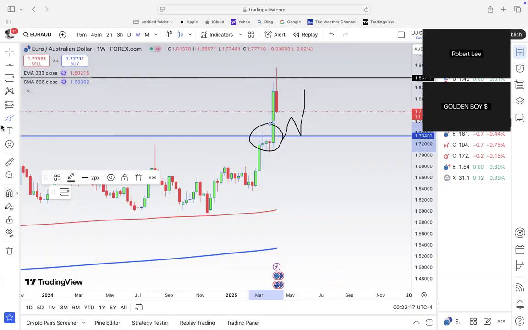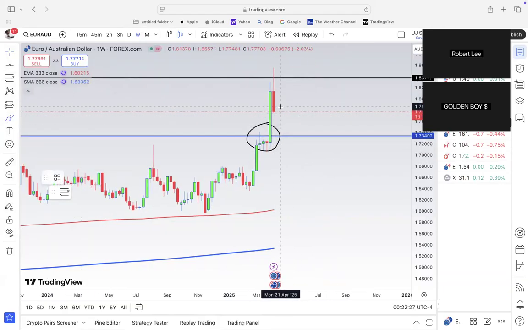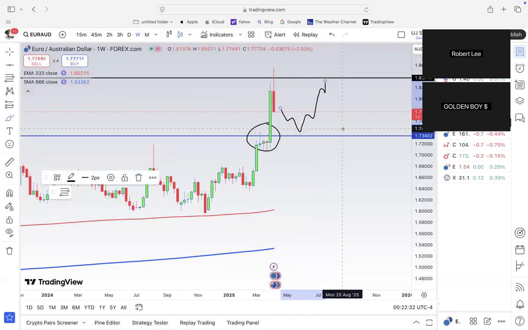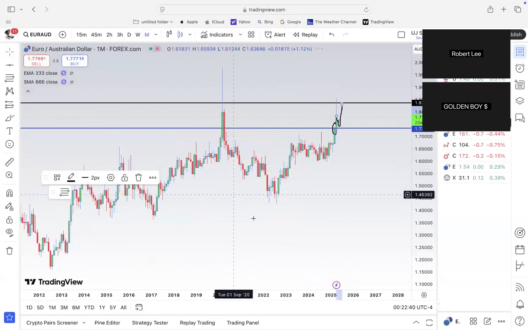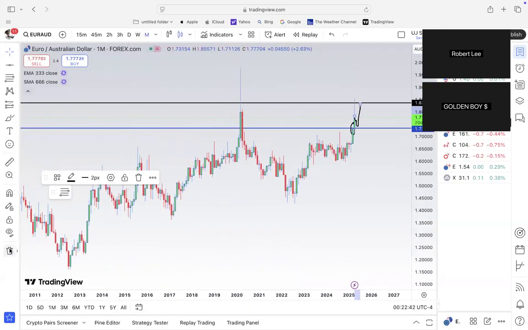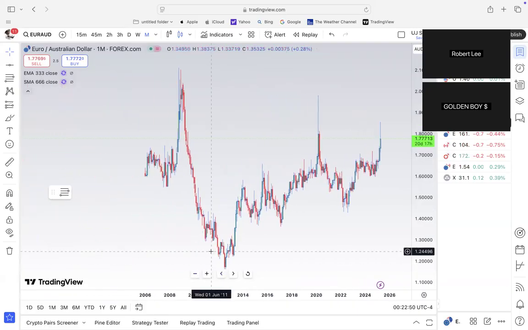Now, what I expect to see from Euro AUD, like I said, is exactly what it's doing. It's probably going to push back down, and then from there we can see it bounce. It can come back down, might take a while, maybe bounce, and then continue to go back up and retest some of those highs and try to get back to an even higher level. Because once again, if we bounce back here to the monthly chart, and I'm going to delete these drawings, you'll see that when you zoom out, what's really happening is